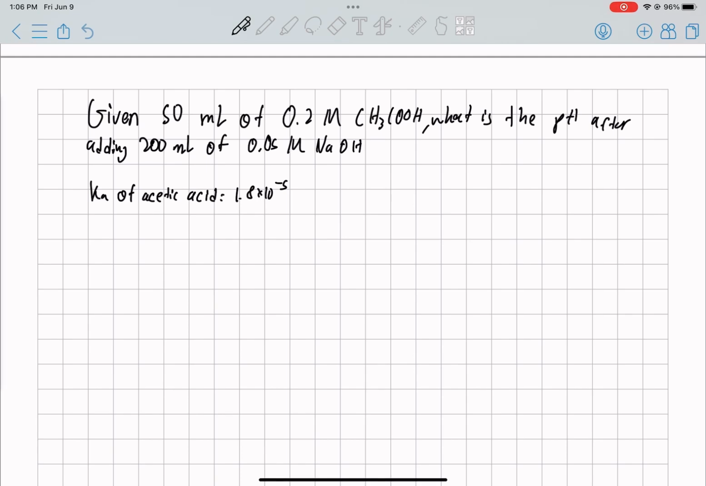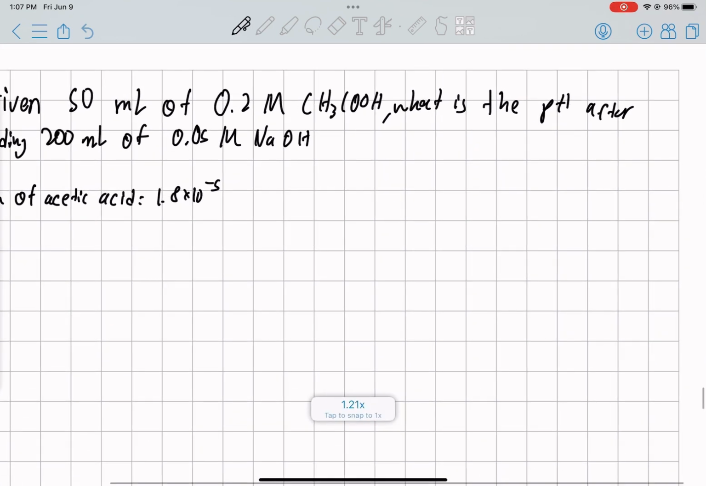Given 50 milliliters of 0.2 molar acetic acid, what is the pH after adding 200 milliliters of 0.05 molar NaOH? Okay, so this is a weak acid, strong base titration question, and the question also gives us the Ka of acetic acid. Great. So I think what I'm first going to do is find the concentration of current OH minus